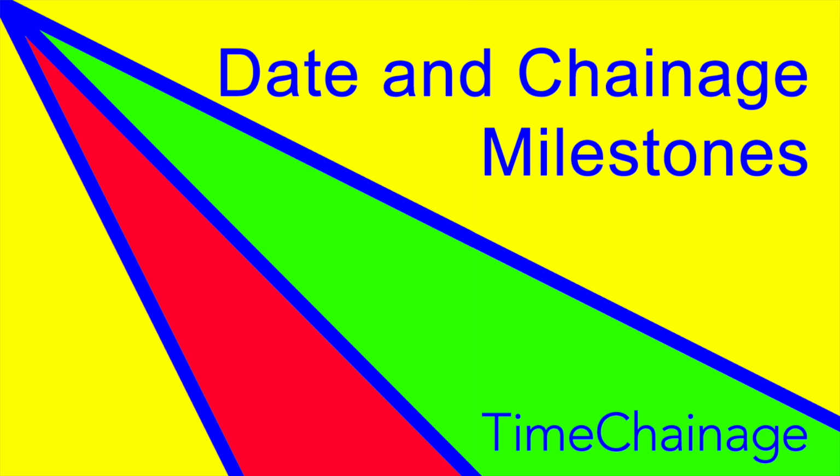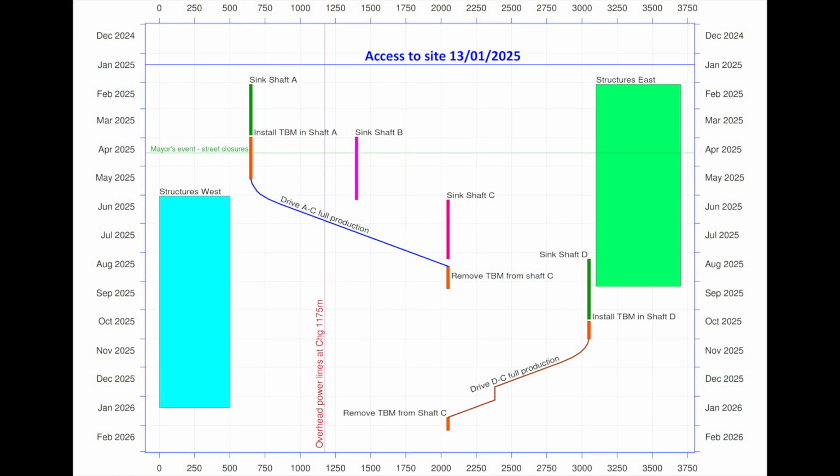Milestones are a common element in bar chart programs and represent an event that occurs on a particular date. They are often displayed as a diamond shape. With TimeChainages, there is an extra dimension of distance, so a diamond will not necessarily represent milestones well. In TimeChainage, we do have a diamond shape milestone, but we can also represent milestones as horizontal or vertical lines